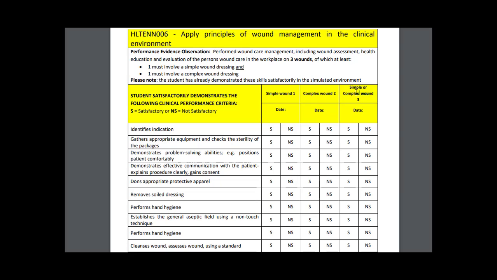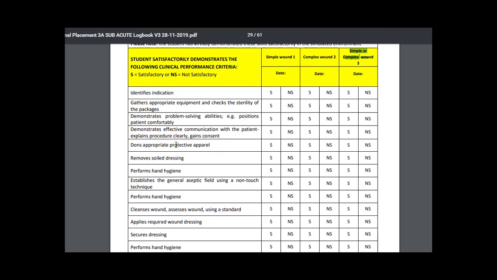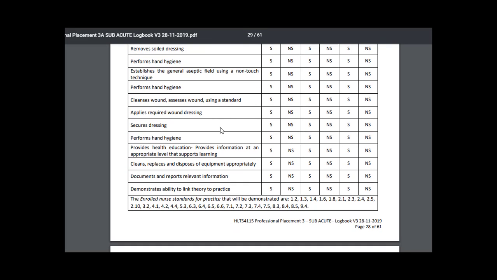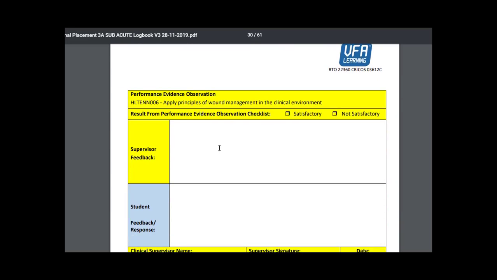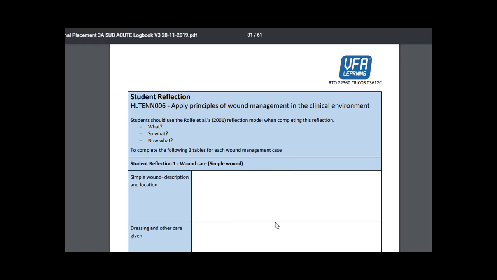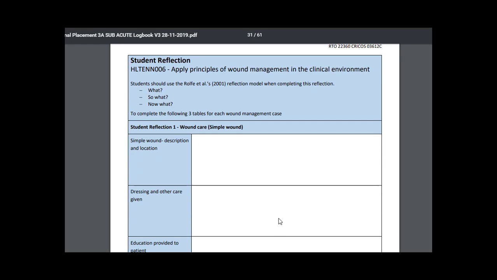This one here can be either or. You only need to do 3, but 1 simple, 1 complex, and then 1 simple or complex. This is the basic skill that you've been taught in SimLab, so just the process in which to do that dressing. As normal, the feedback is provided, and then here we want the students to think about the Rolfe reflection